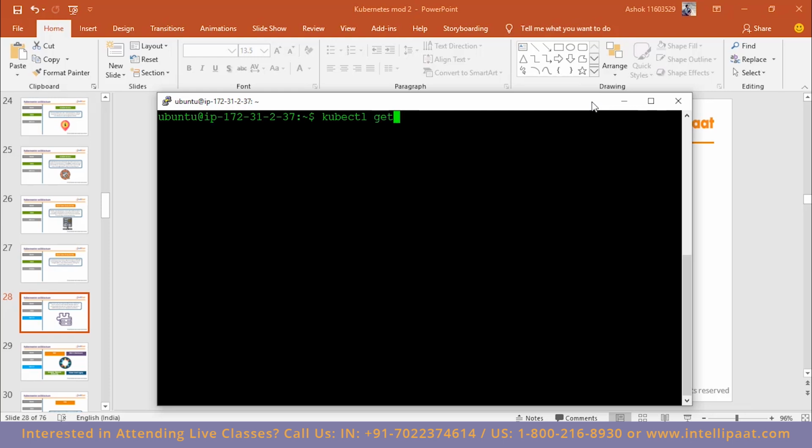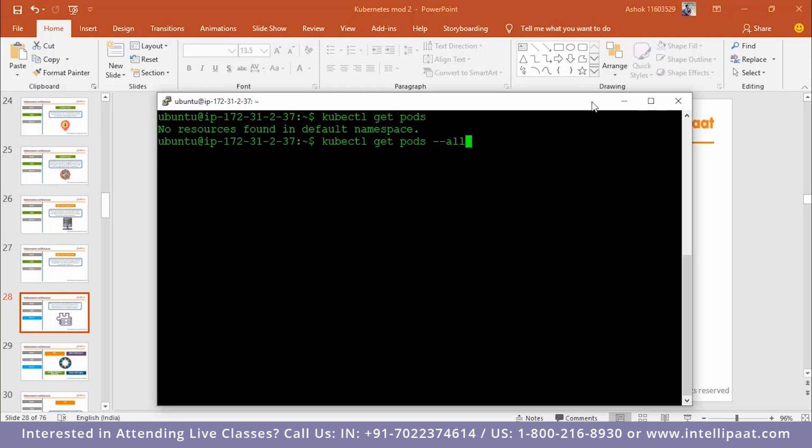So kubectl get pods. I want to get pods, but since I've not deployed any pods, if I do that, I'll get no resources right now, because there is no default namespace. So what we want to do is get all the namespaces. We'll type kubectl get pods --all-namespaces. We'll discuss namespaces later on. What you basically want to know is that we define resources in different namespaces where they work. So if you type kubectl get pods --all-namespaces, we will see currently all of the different pods